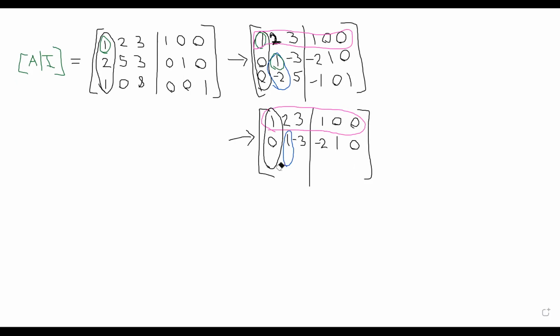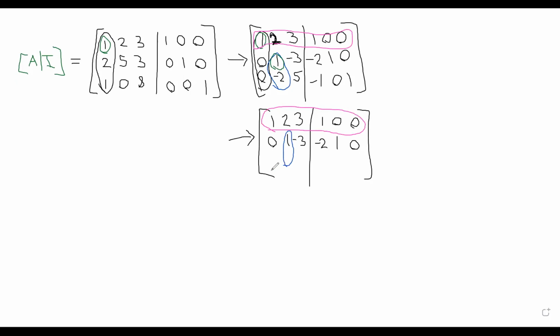Actually, I'm going to erase that. Okay, so because we're not looking at that at the moment. There was a 0 here. Okay, so we're going to take 2 times the top row of the submatrix and add it to the second row